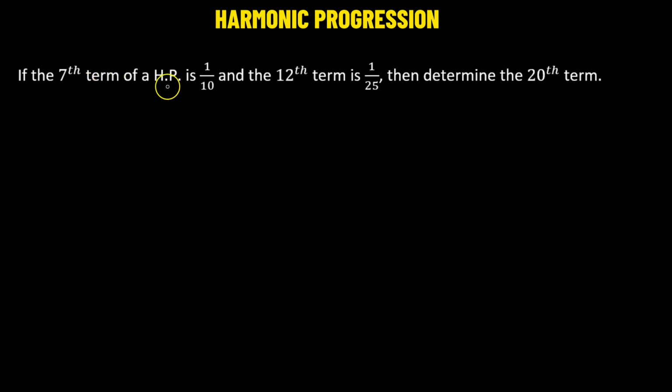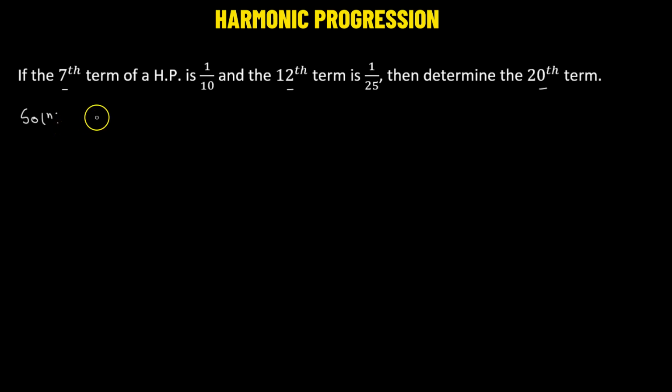So in this problem, we have a harmonic progression. Its 7th term and the 12th term are provided, so we need to determine the 20th term. Now let us begin. What we'll do first is consider an arithmetic progression whose first term and common